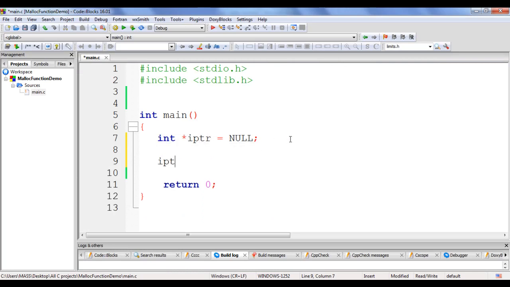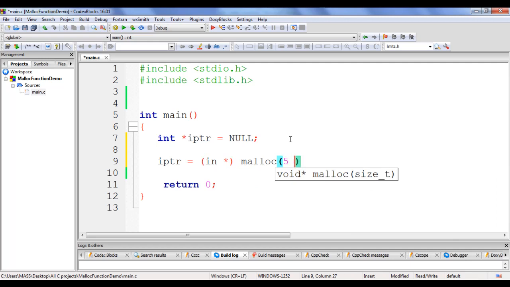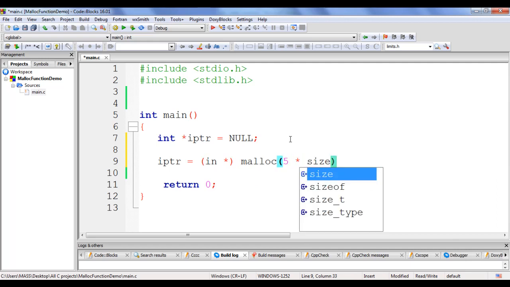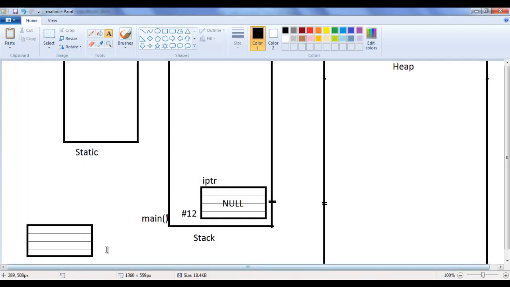Next, I say here iptr = (int *) malloc(5 * sizeof(int)); What happens here? The computer allocates a single memory block of size 20 bytes, guys. Here we have a memory block which has 4 bytes.